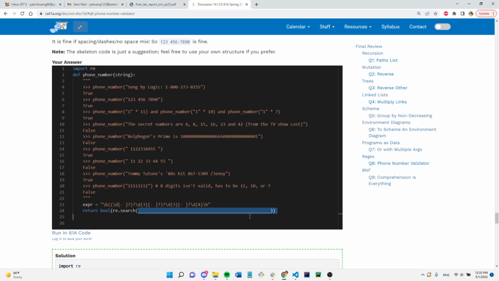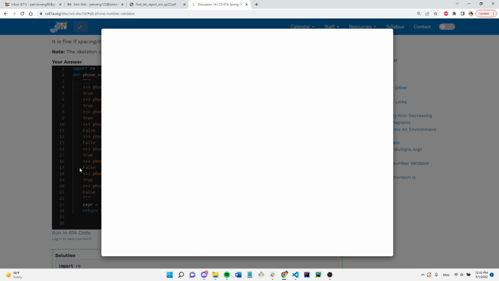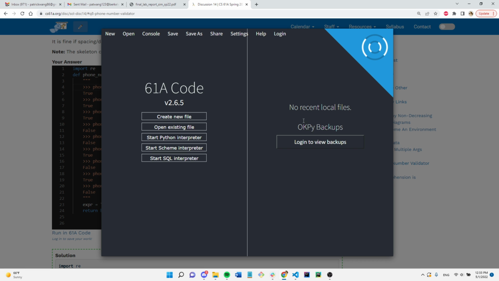Yeah, and last but not least, we have our regex expression. And so we want to be able to search this string. The parameters that you want to pass in are the expression that you want to search a string for and the string you're searching, which is the parameter that we passed in, which might be song by logic. And so yeah, if we were to run it in the code,